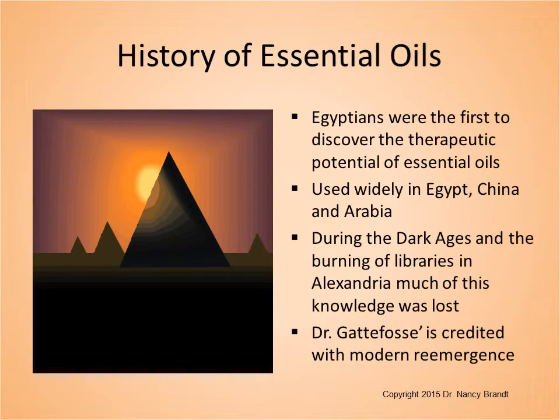So a quick history, and again, I don't want to spend a lot of time here. A lot of this is very easy to find in a lot of different books, and we do spend a little more time on it in my 4-month course. But the Egyptians are considered the first to really discover the therapeutic potential of essential oils. And back 5,000 years ago, they would use terms like cleansing the flesh of a demon,